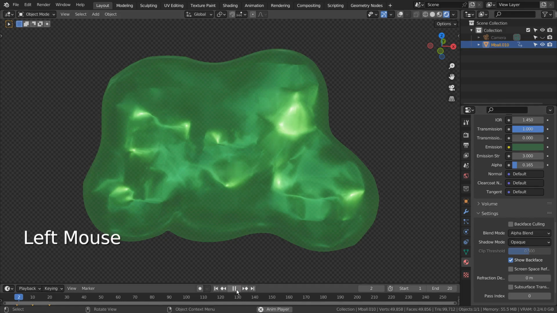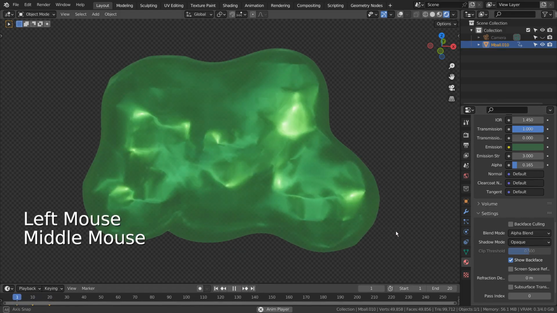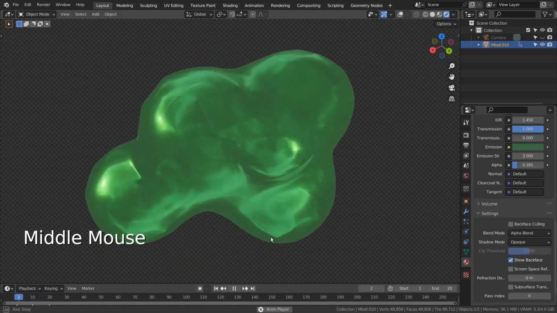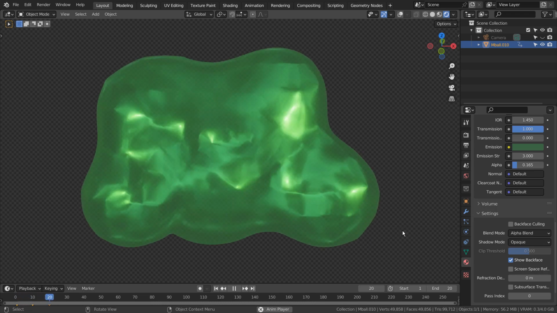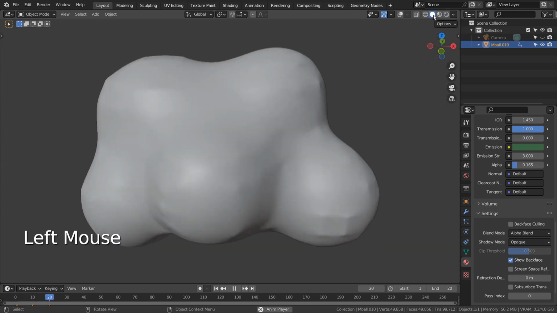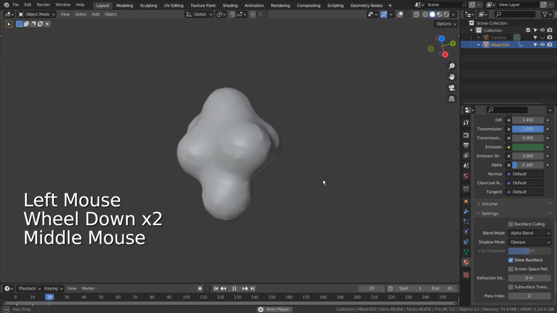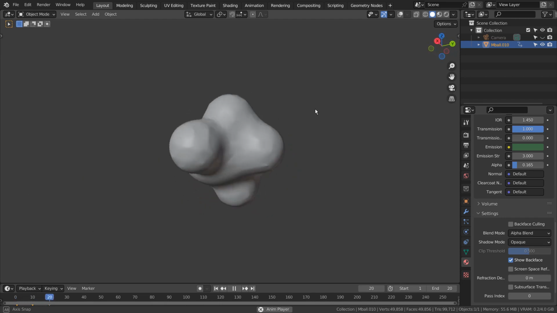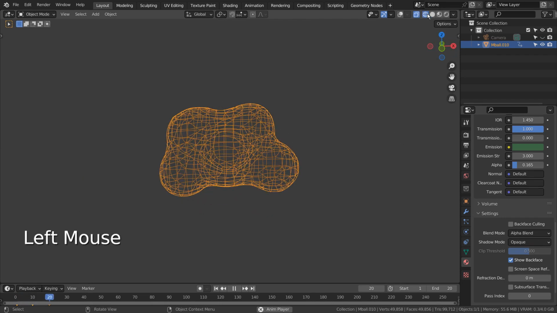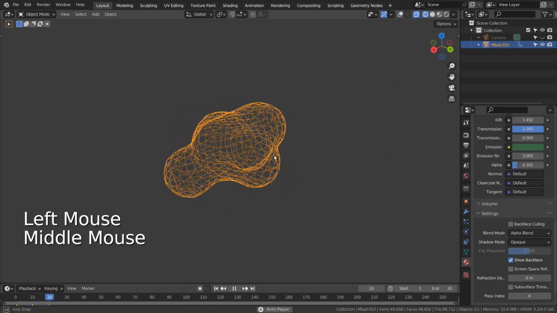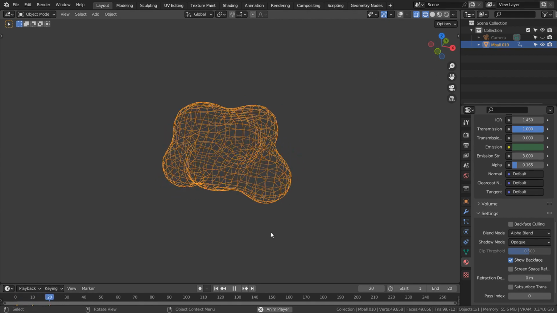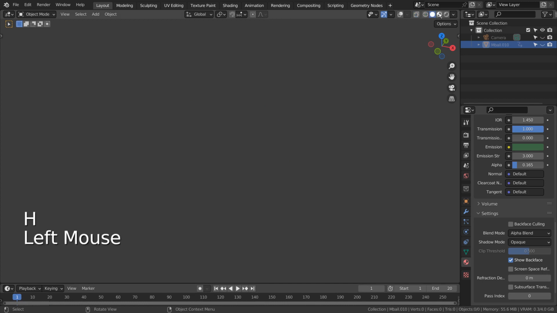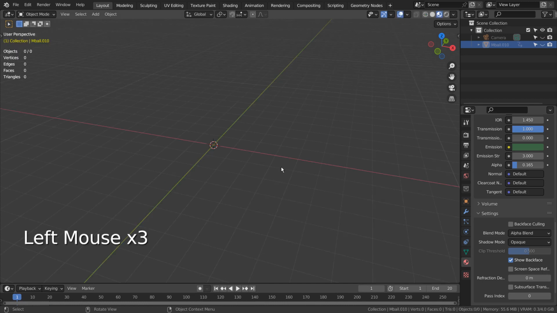In this tutorial, I'll show you how to create this abstract shape animation. Let's use a metaball.